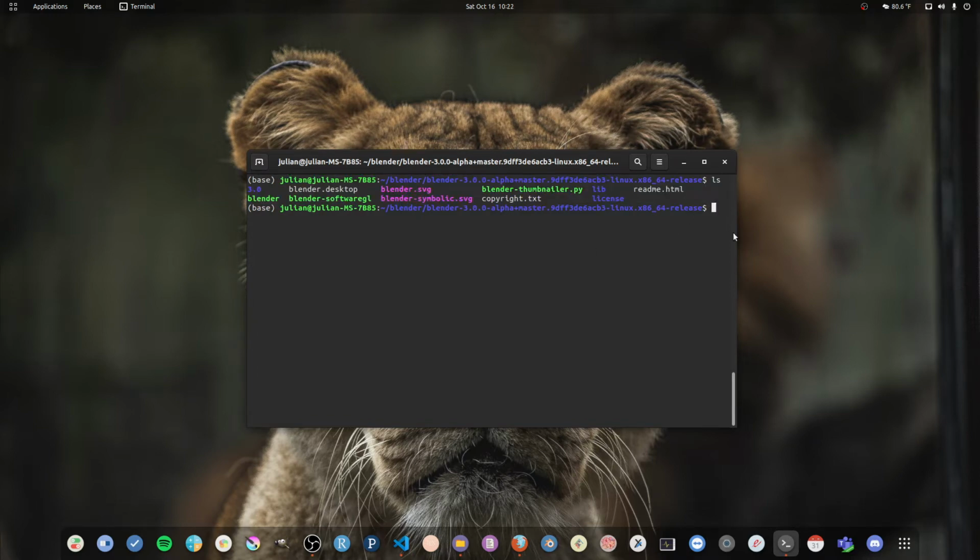And then inside of there, you're gonna go to the folder 3.0, and then you actually want to go to Python. Once you're in here, you're gonna go to the binaries. And then all you have to do is two commands. These commands you can find in the GitHub as well. So the first one is gonna be